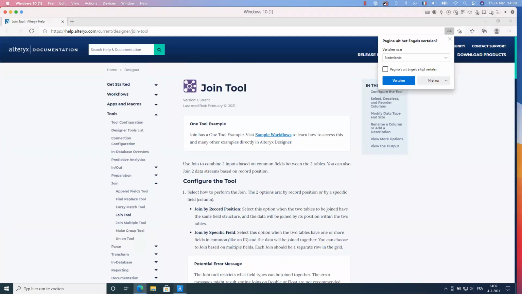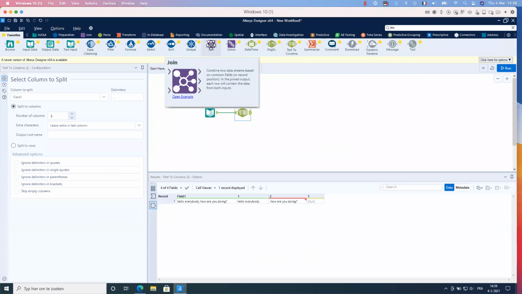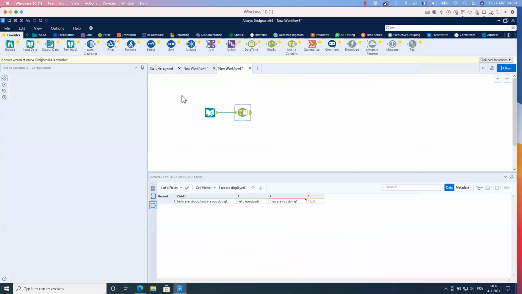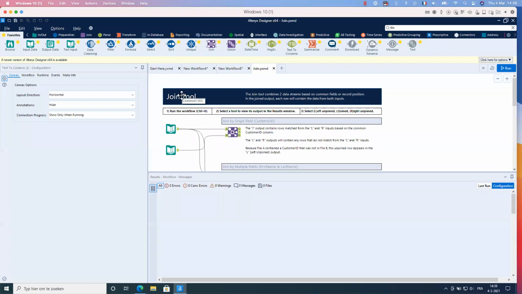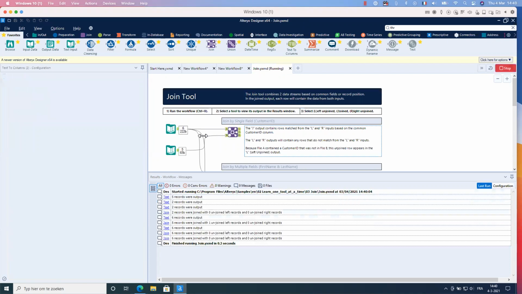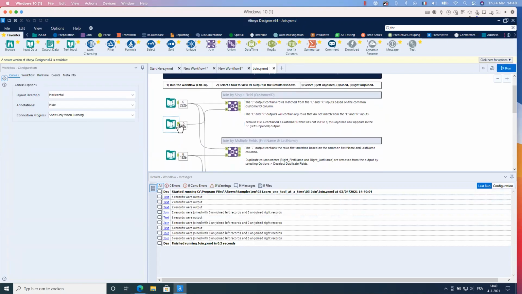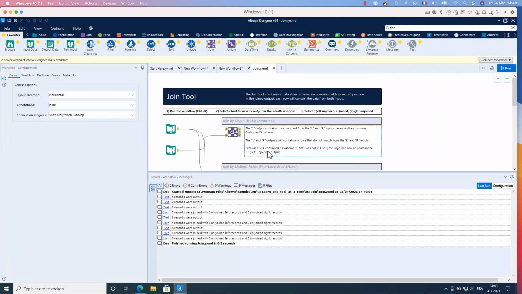Also in Alteryx, when you click on the tool, you can open the example. If it's a tool that you don't know at all, I'm still doing it with advanced tools, then I open the example, I run it, and then I try to understand what it does, what the goal of this tool is, how it works. So don't be afraid to use that during the exam. You will have time. It's 2 hours, so no rush. You have time to look at all of the questions if you want. So this is the first tip.